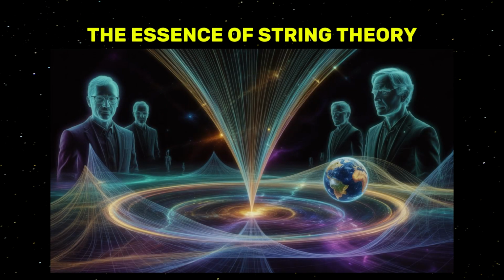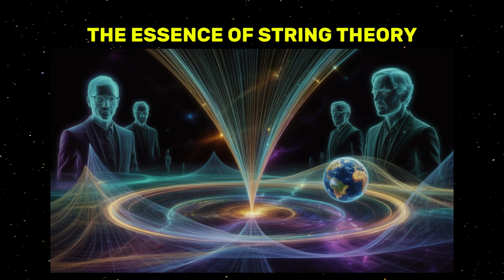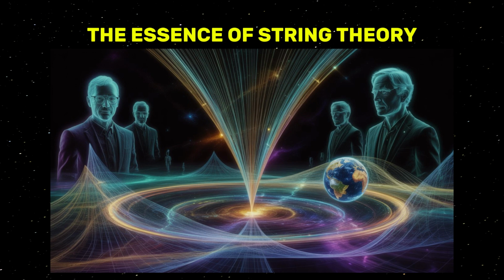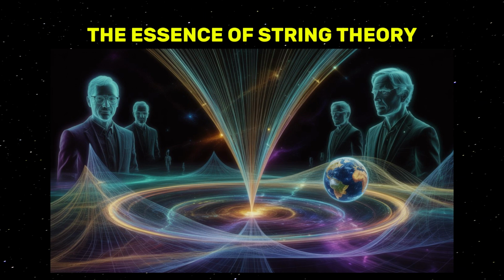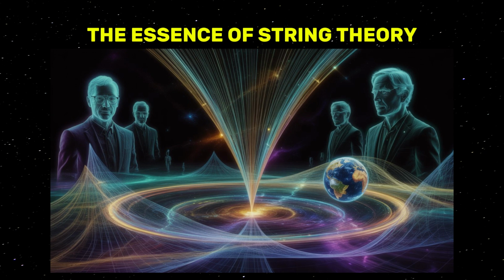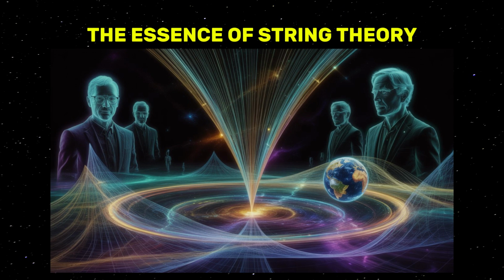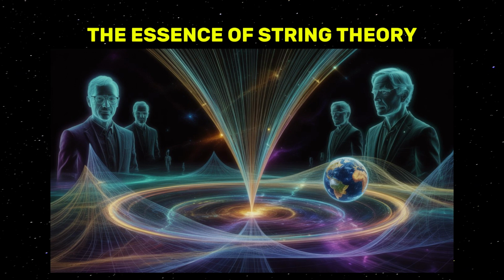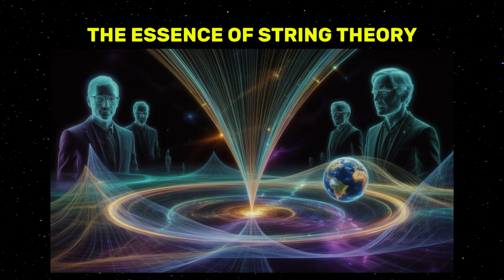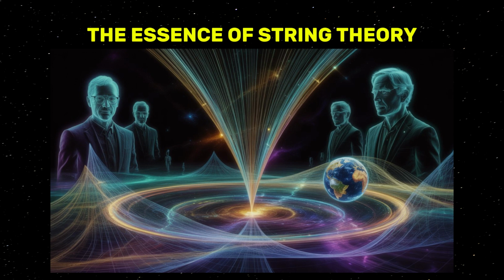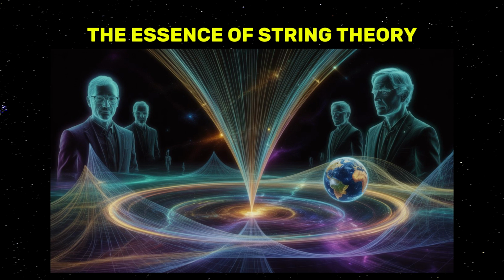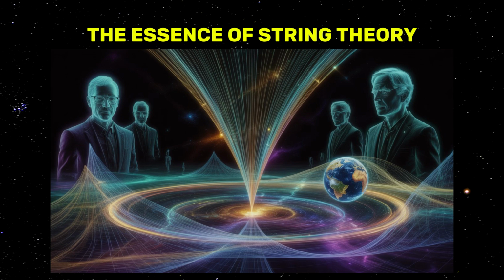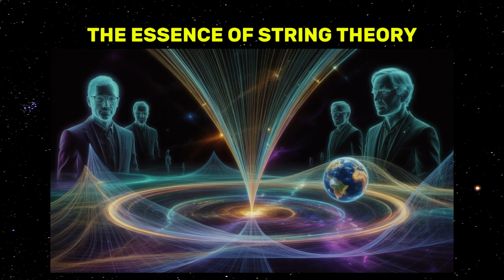String theory stands as a potential bridge between quantum mechanics and general relativity, two of the most pivotal yet fundamentally distinct frameworks in modern physics. At its core, string theory proposes that the universe's most fundamental components aren't particles like electrons or quarks, but rather minuscule, vibrating strings. Each of these strings vibrates at a particular frequency, and its mode of vibration determines the properties of the particle it manifests. In essence, the universe can be likened to an orchestra where various instruments produce unique notes to create the complex melody of reality.